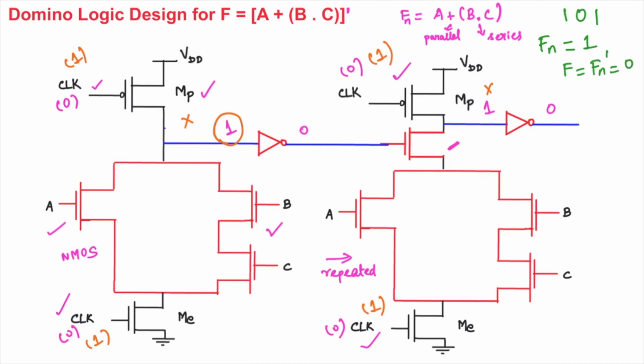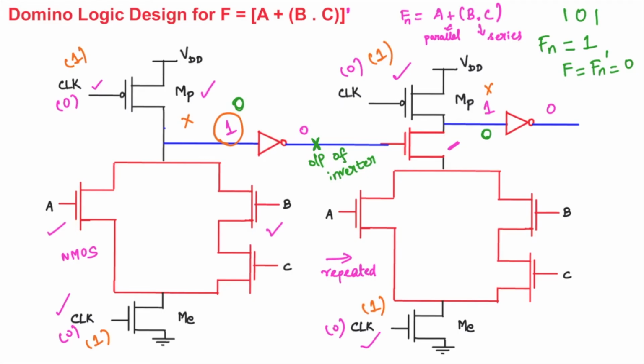Now what we have to observe is, at this point we should observe whether we are getting 0. At this point these are the outputs of the dynamic gates, so we should not calculate the outputs here. These are going to be the outputs of the inverter, and the purpose of the inverter is to make the output of the second dynamic gate discharge after the first gate transition is complete. So that is the purpose of the inverter. Only then can we avoid the cascading problem, direct cascading of dynamic gates.